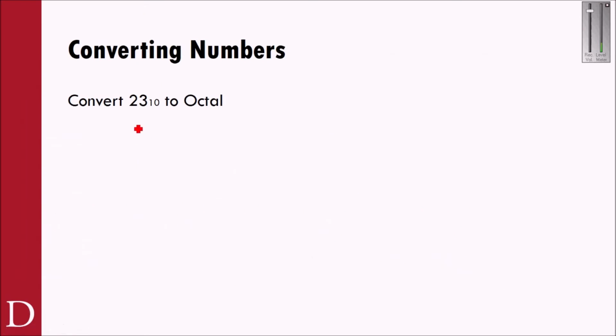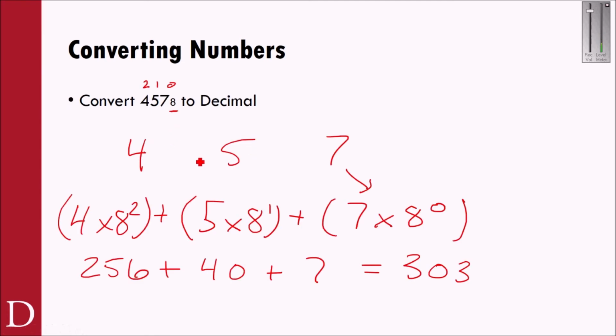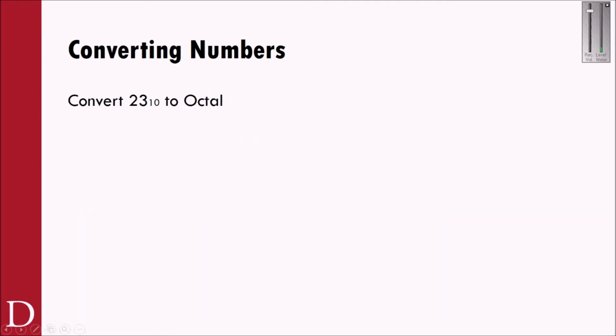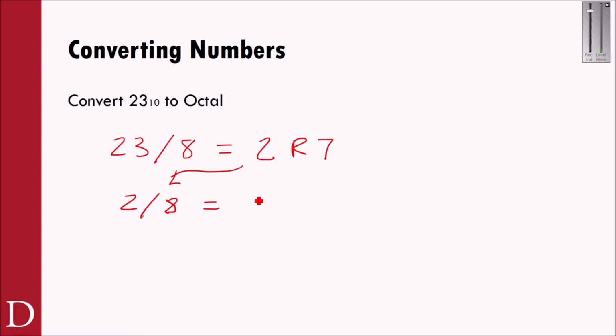And again, same way. Now I'm going to go 23, but I'm going to go to octal this time. In the previous example, I multiplied by the base. Now I'm going to divide by the base. So I'm going to take 23 and divide it by 8. 23 divided by 8 sounds like 16, so that's 2 with a remainder of 7. Yep. And then I'm going to take that 2 over here, and 2 divided by 8 is 0 with